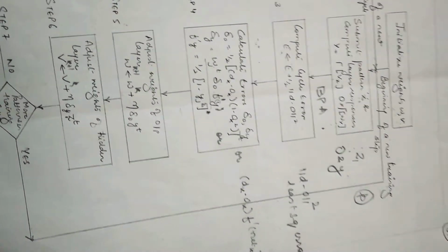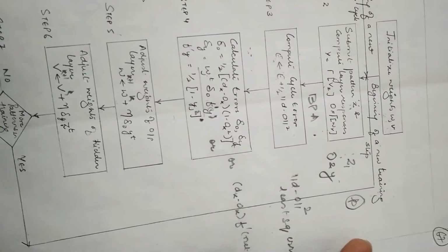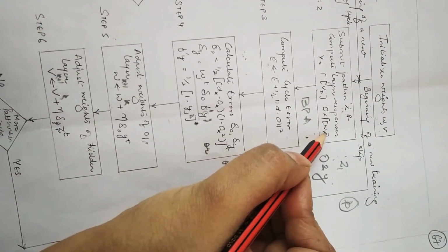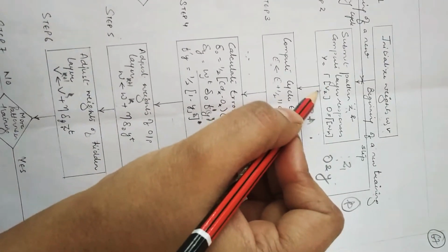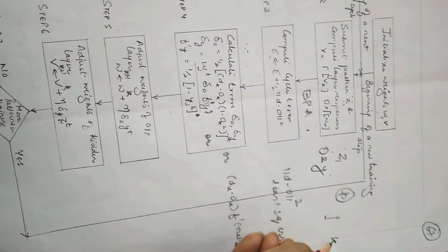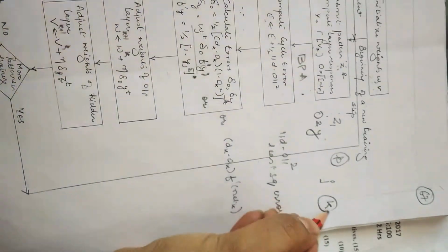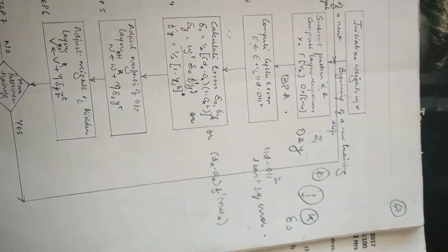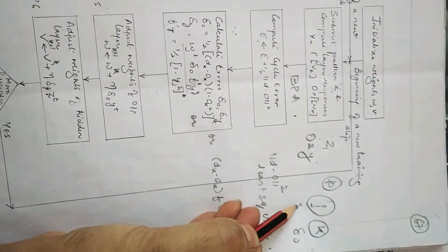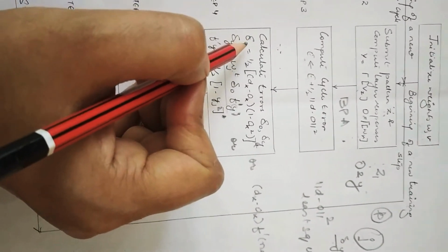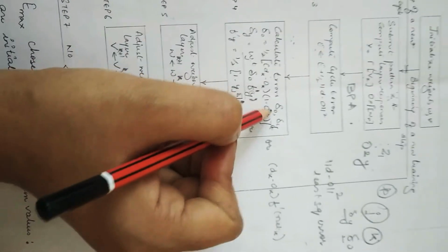Now what types of errors are we going to find out? We are going to find out 2 errors: the error at the output layer of neurons and the error at the hidden layer of neurons. We have 2 layers, the jth layer and the kth layer. So we have 2 errors, at the kth layer and at the jth layer. The error at the kth layer will be the output error, delta o, and in between we have delta y at the jth layer. So we have to compute 2 errors, delta o and delta y. I have written here, calculate errors delta o and delta y.